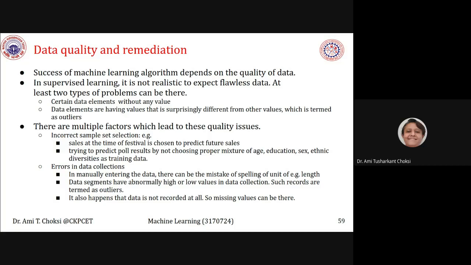So errors are there in the data collection. Data segments have abnormally high or low values in data collection. Such records are termed as outliers. It also happens that data is not recorded at all. So there we can say missing values can be there, right? Missing values can be there.